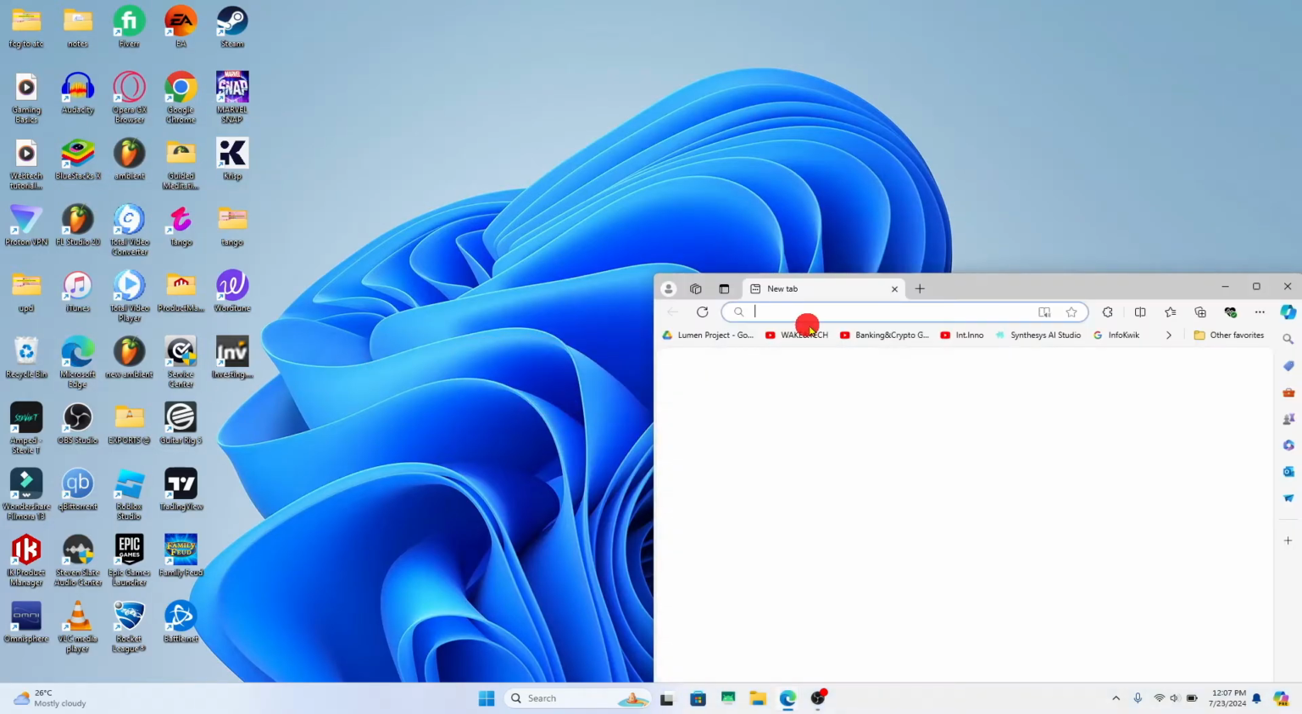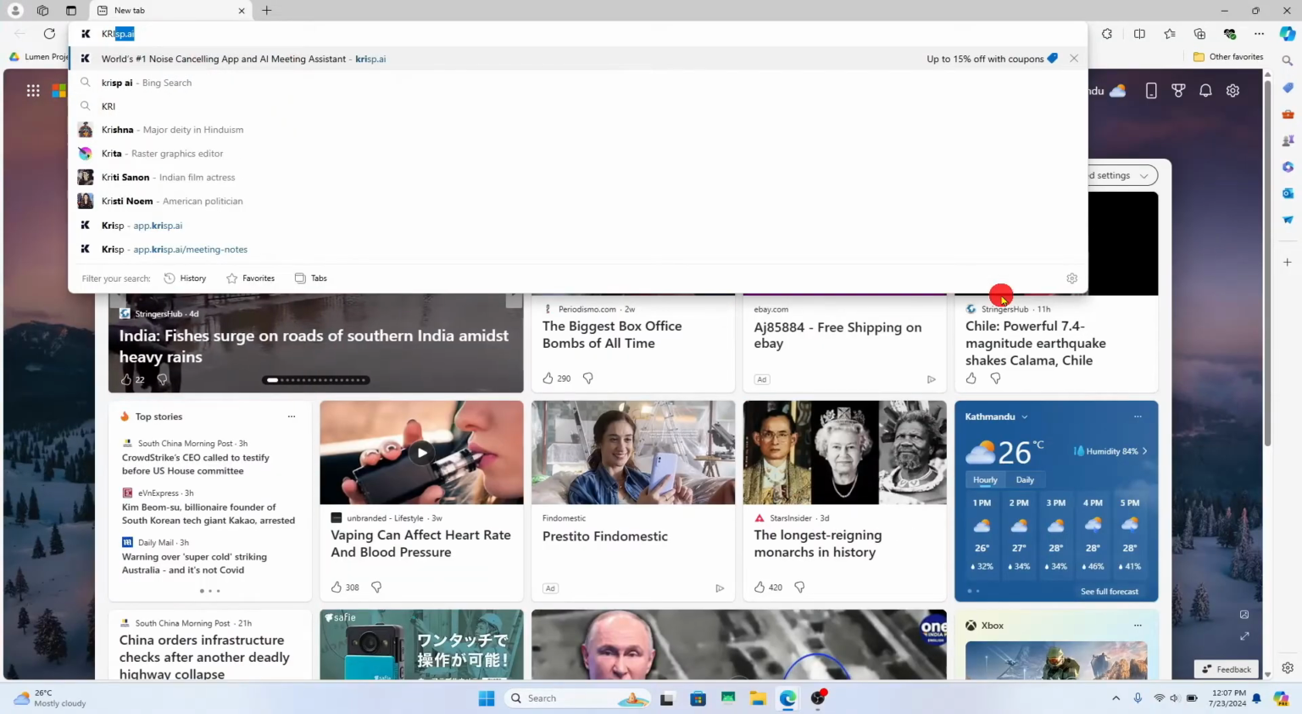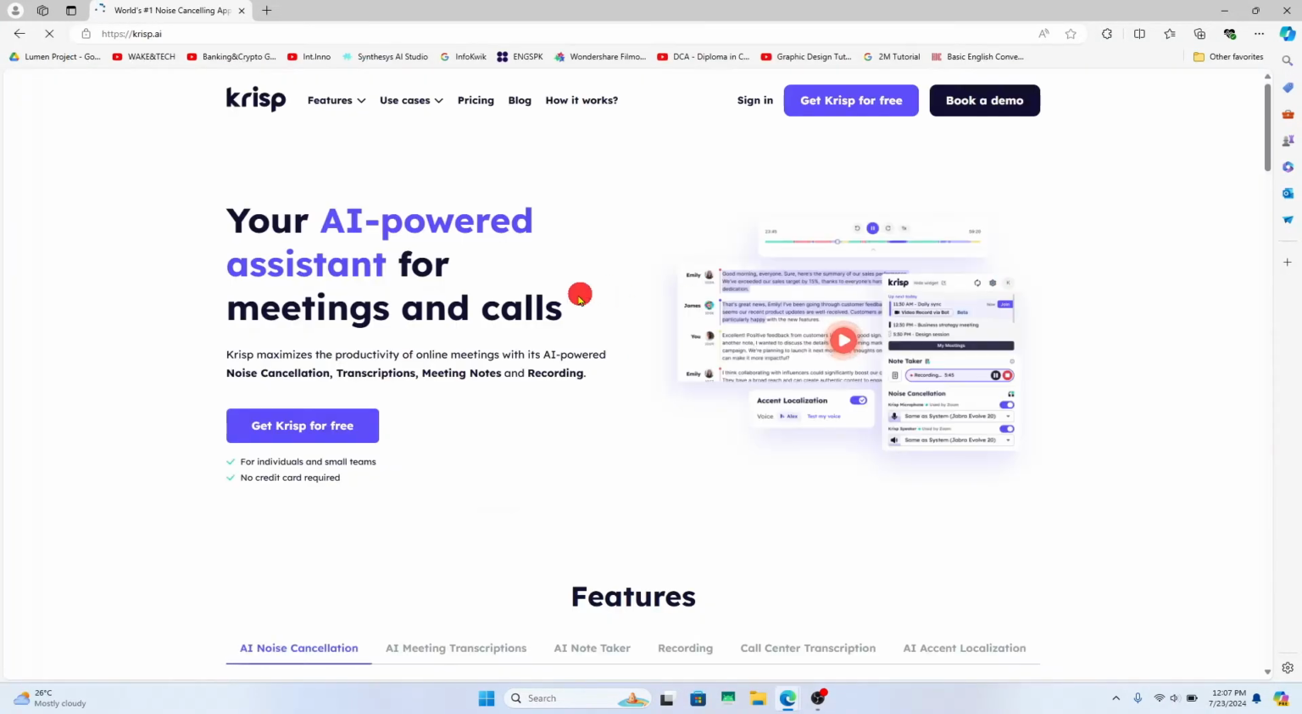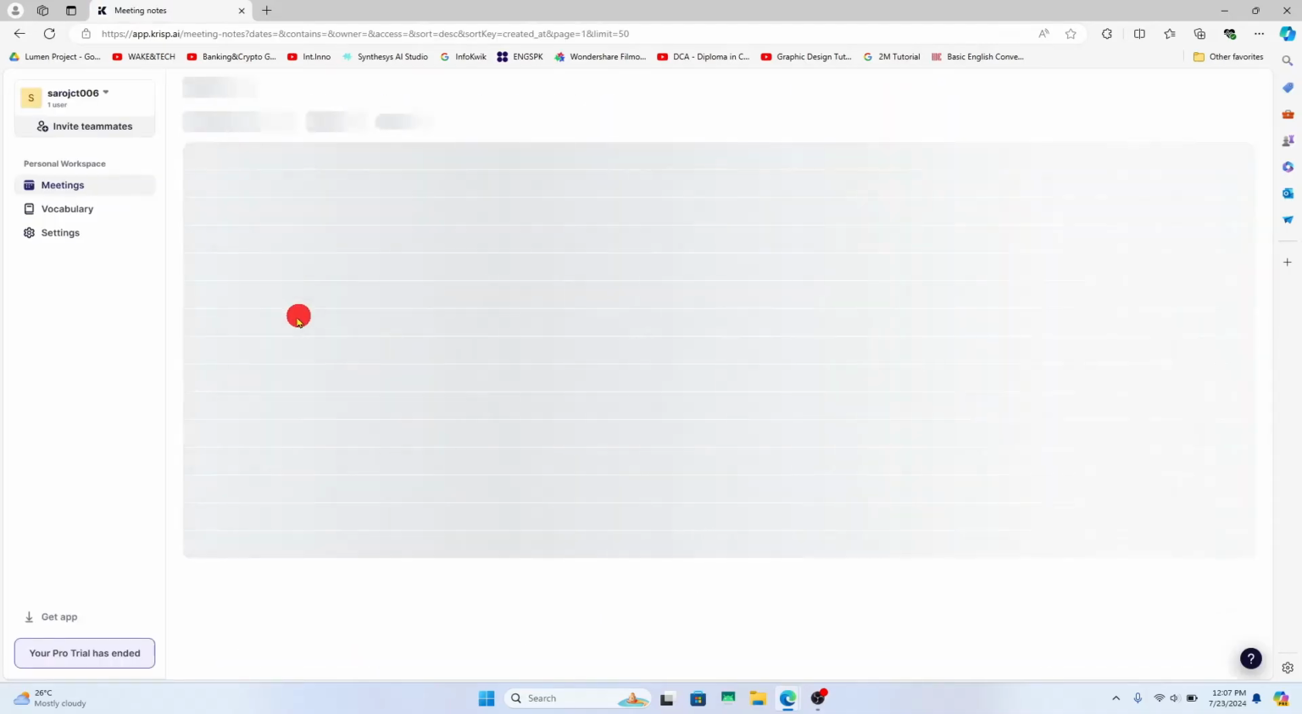First of all, open up your web browser and then in the address bar type in krisp.ai and press enter. You will now be taken into the official Krisp AI website. If you haven't logged into your account already, you will see the sign in button instead of manage account. Proceed with logging in to your account and then click on the manage account button and you will be taken